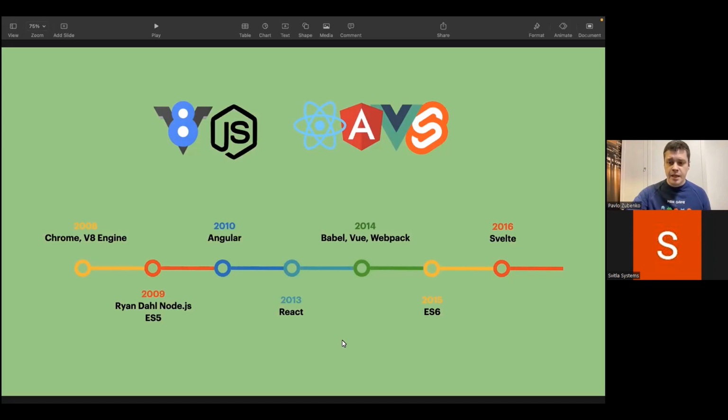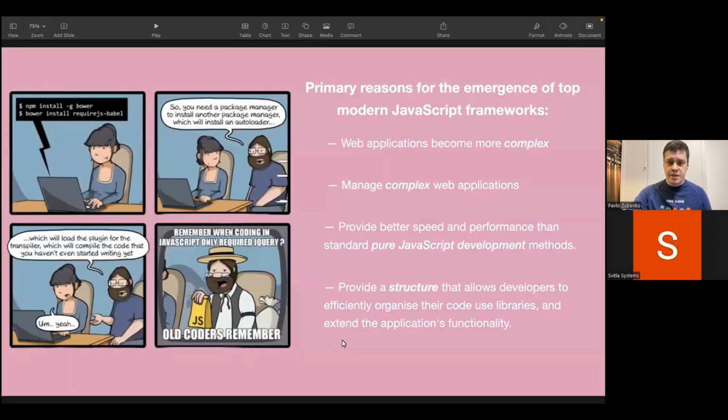And if we look at the reasons why new frameworks appeared, it's actually that applications became bigger and bigger. Complexity of applications, complexity of code that we need to run and manage became bigger and bigger.